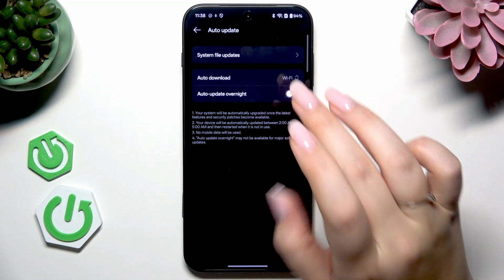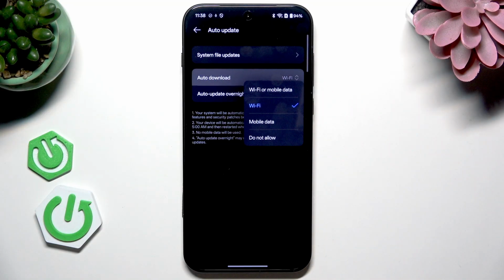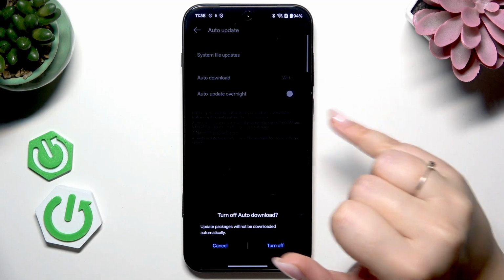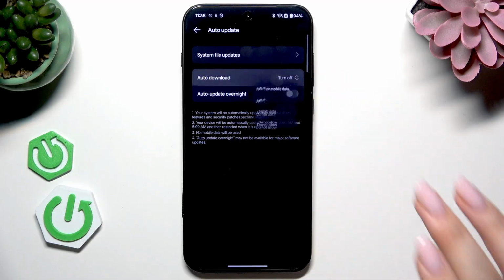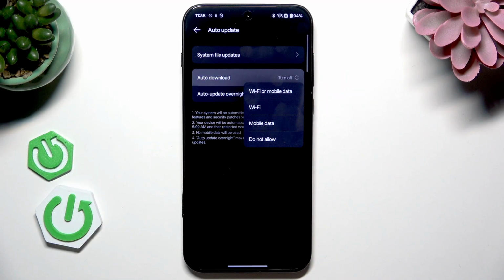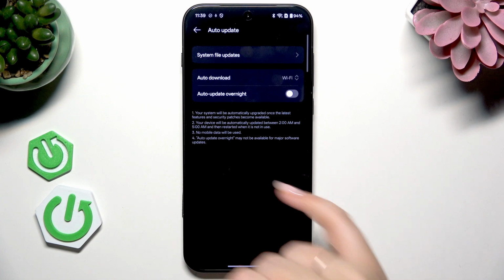And here, the first thing which I highly recommend to do is to make sure that your auto download is set on Wi-Fi. If you've got it on Do Not Allow, which I doubt, however, sometimes it might be set, then tap on Wi-Fi. I do not recommend tapping on Wi-Fi or mobile data because the update packages are quite large and downloading them over the mobile data is quite risky and it could be costly. So just tap on the Wi-Fi,